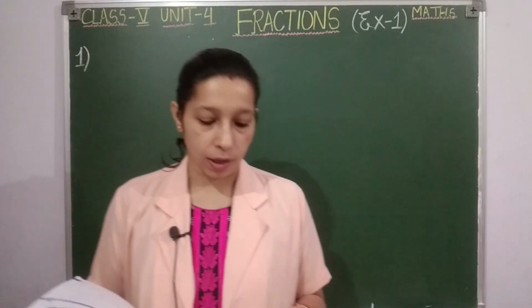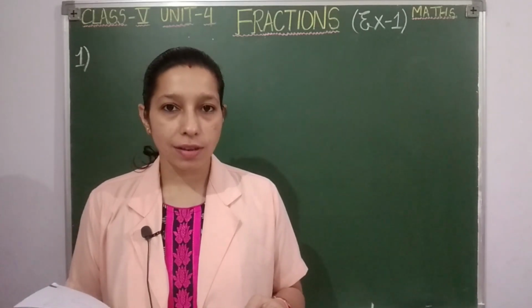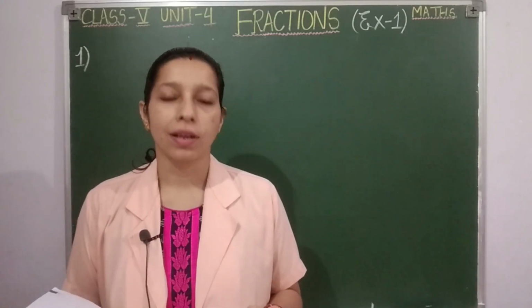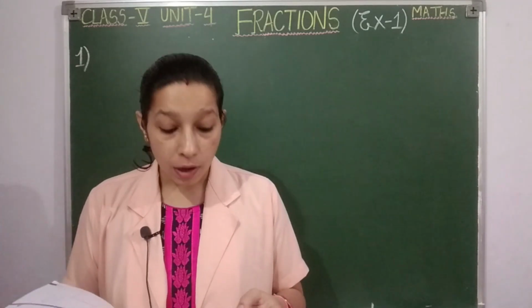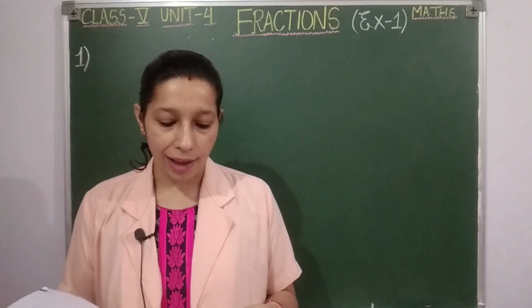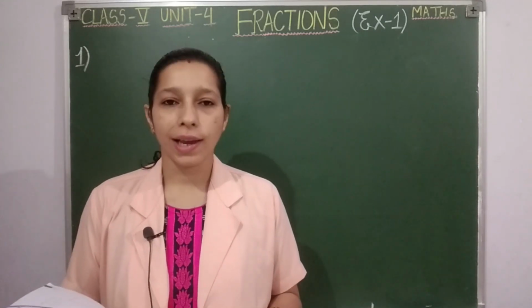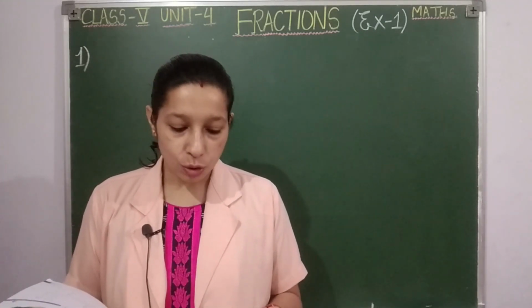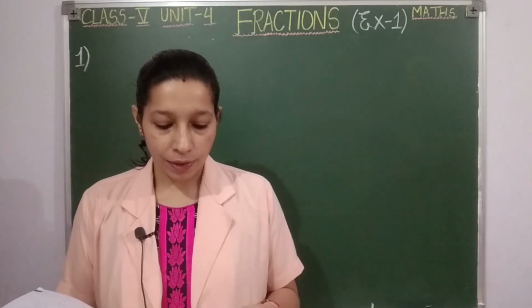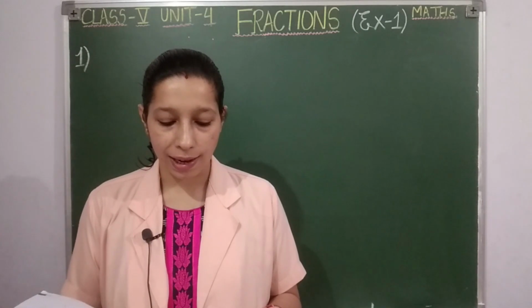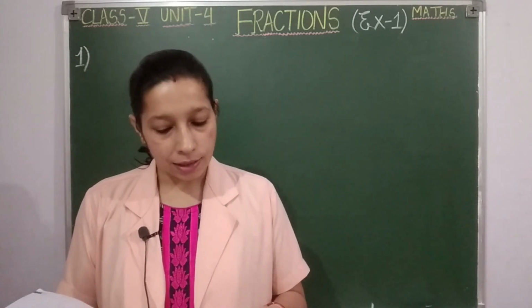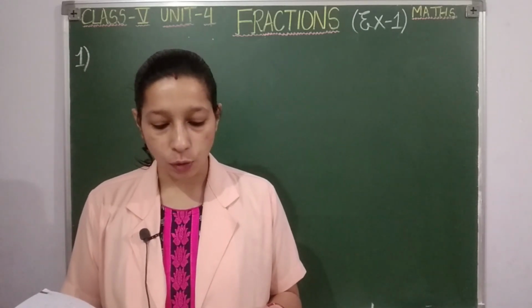See the first question. Circle all the like fractions in the following. So what do you mean by like fractions? Like fractions are such fractions where the denominators are same. So observe the given point: 8 by 11, 3 by 7, 6 by 11. 11, 11 same na? So circle 6 by 11, then 8 by 9, 2 by 3, 7 by 11 students. Circle 7 by 11, then 1 by 11, circle it, then 3 by 5, 1 by 2, 5 by 6.